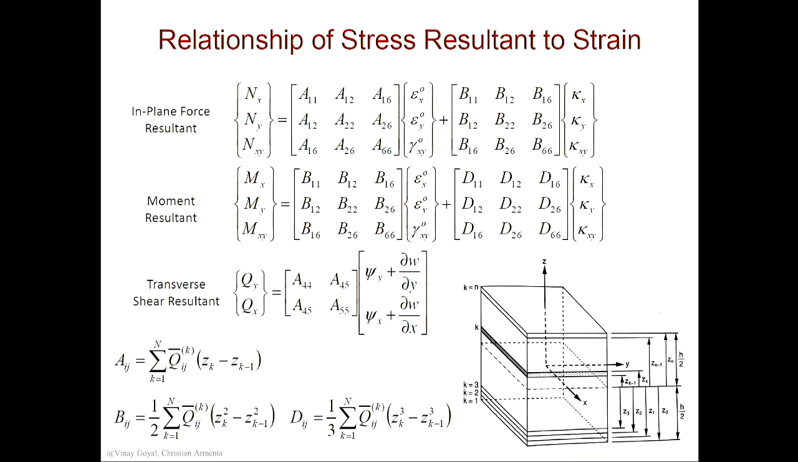So what this is doing now, I want to explain it. This is called the axial, this is called the extensional stiffness matrix. This is called the bending stiffness matrix. And this B is a coupling